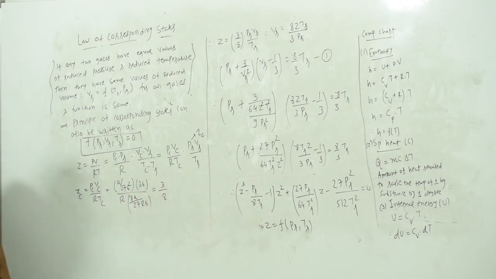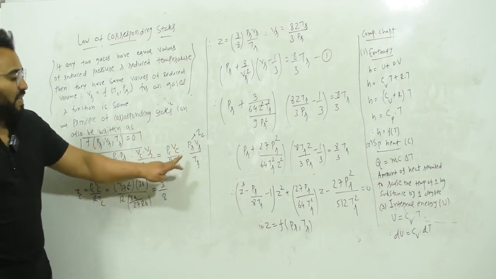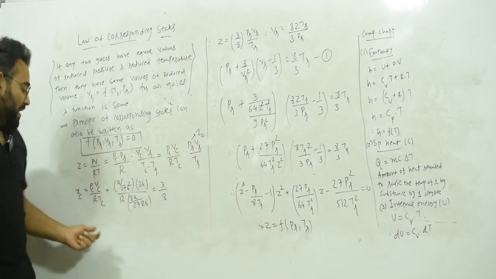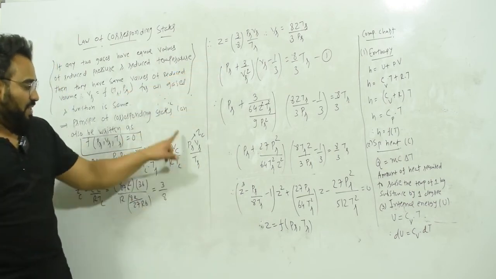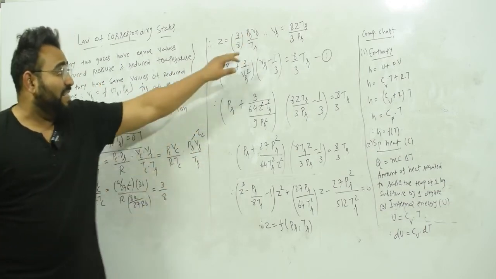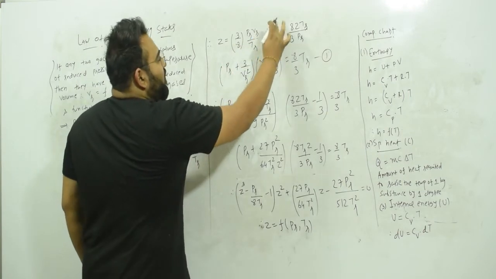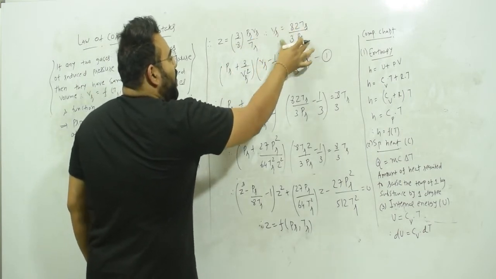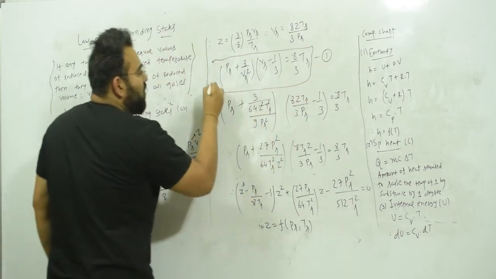Therefore, here you know that Z is equal to Pc Vc upon R Tc dot Pr Vr Tr. In place of Pc Vc upon R Tc, can I write 3 by 8? So I have written Z is equal to 3 by 8, and the other terms Pr Vr Tr as they are. Now from here I will make Vr the subject, so Vr is equal to 8 Z Tr upon 3 Pr.